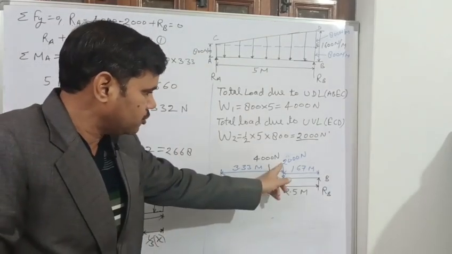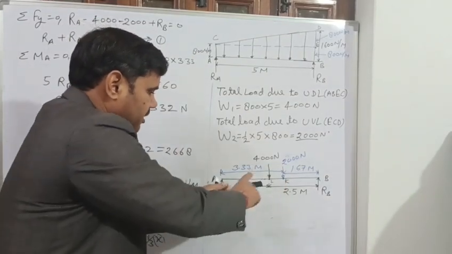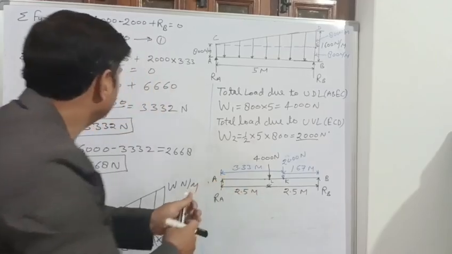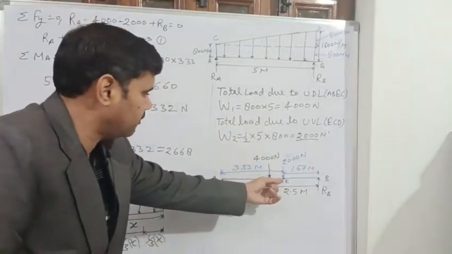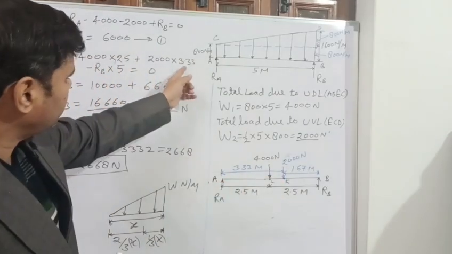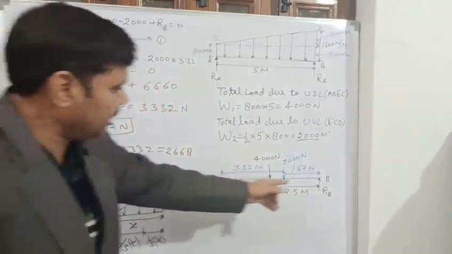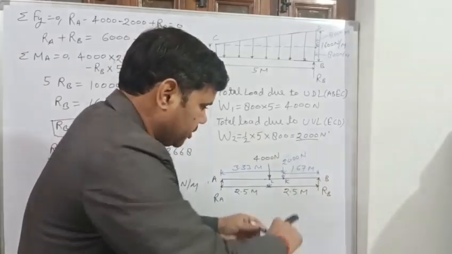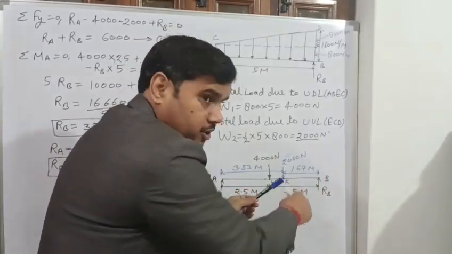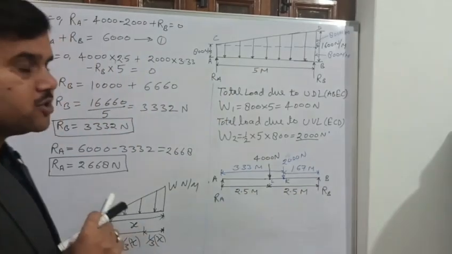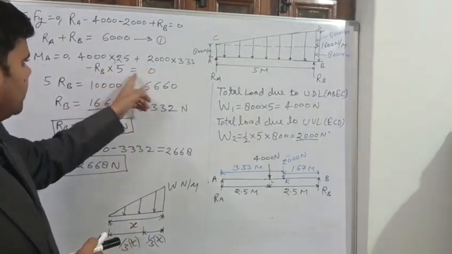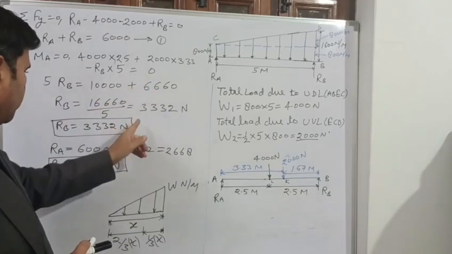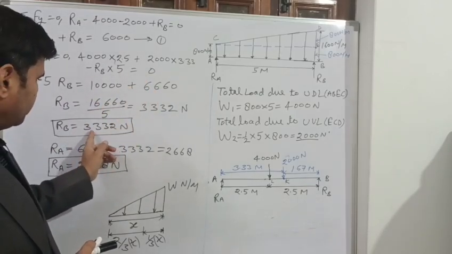Again 2000, similarly the moment will be in the clockwise direction. So 2000, distance is 3.33 meter from here to here, right? Rb is in the upward direction, so its moment about A is anti-clockwise, and it will be considered negative. So minus Rb into 5 is equal to 0. On solving, Rb is equal to this,